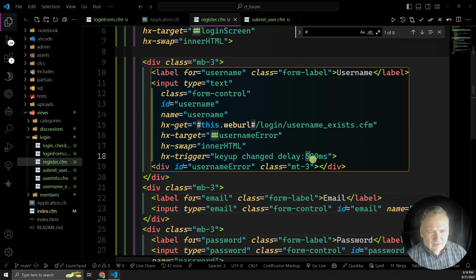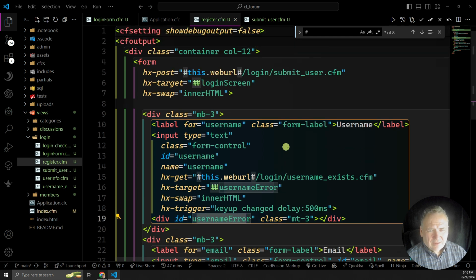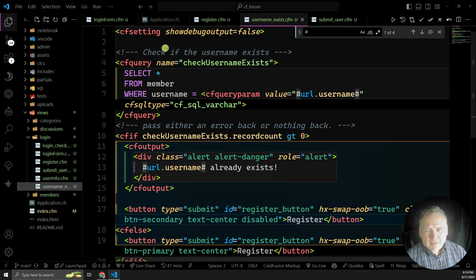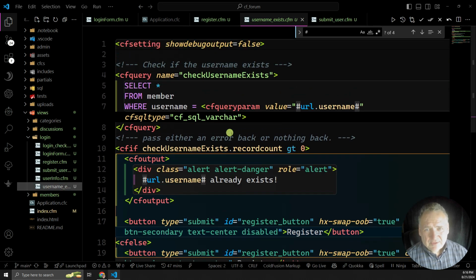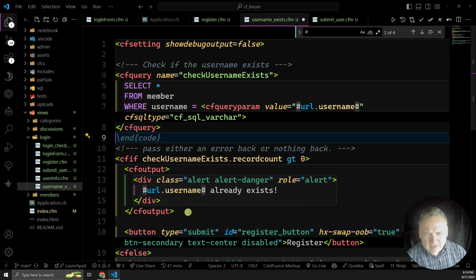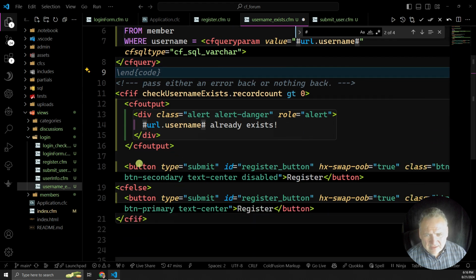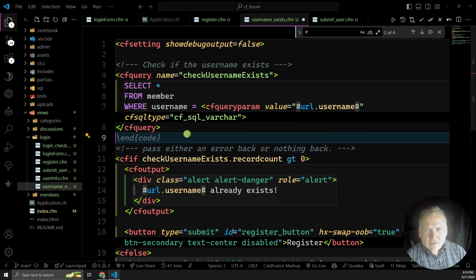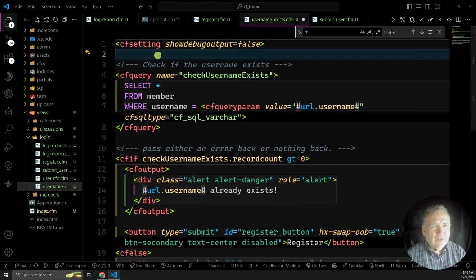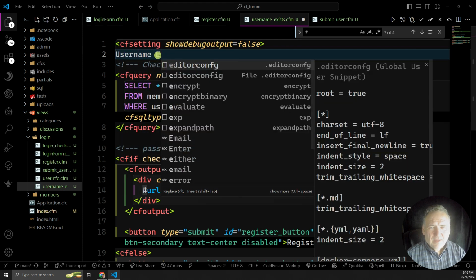It's going to check it at 500 milliseconds, which is half a second. It's going to put any errors down here. So we need to check username exists, and that's not going to be easy because what if the problem is in here? Well, there are some problems. Here we've got the query, and down here we've got an output around this. So if it exists, here we've got the buttons. So let's actually just type this word here, username exists